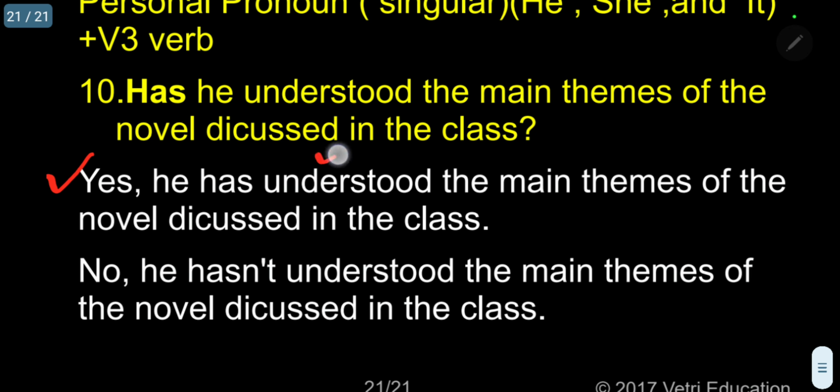Understood: understand is the V1 verb, the participle V3 is understood. That is the main verb. This is the auxiliary, has. No, he hasn't understood the main themes of the novel discussed in the class. Negative. So, my dear students, today I have discussed, using the auxiliary verb has, how to raise questions and